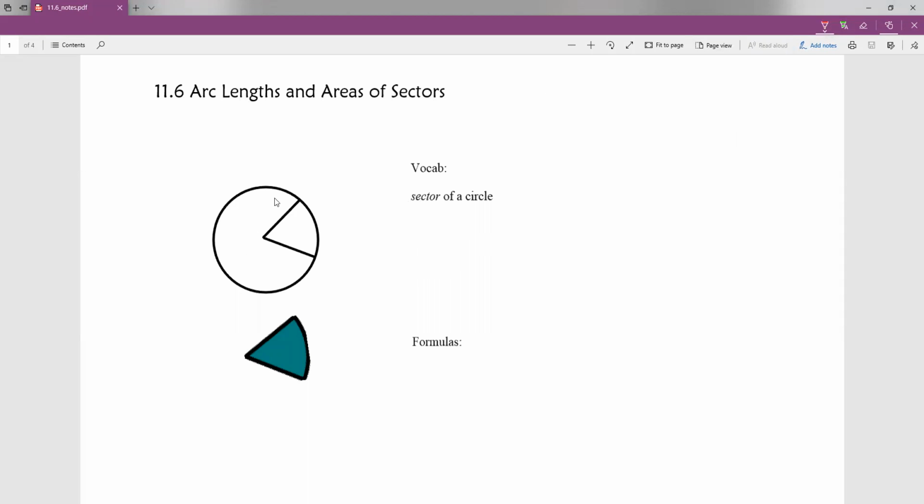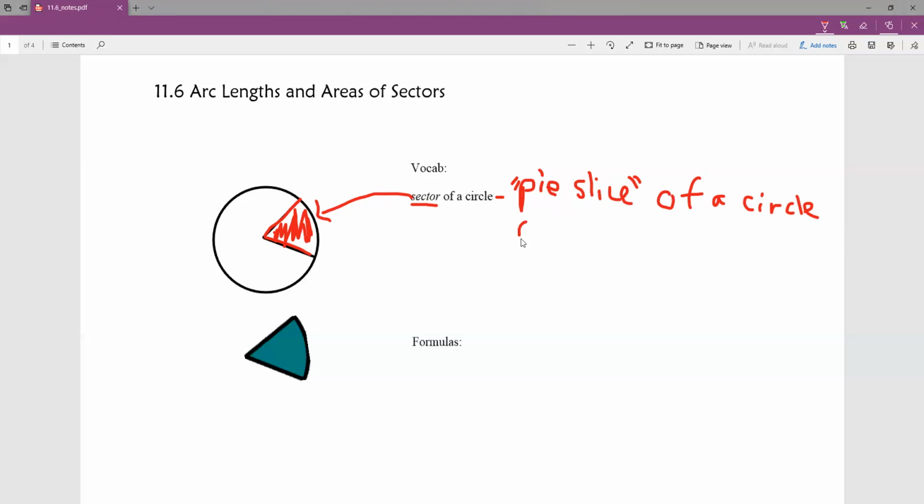When we're working with a circle, the sector of a circle is literally just this pie slice that we want out of a circle. So all of this would be the sector of a circle. It's not really a textbook definition, but it's a pie slice of a circle. I guess the textbook definition would be the area